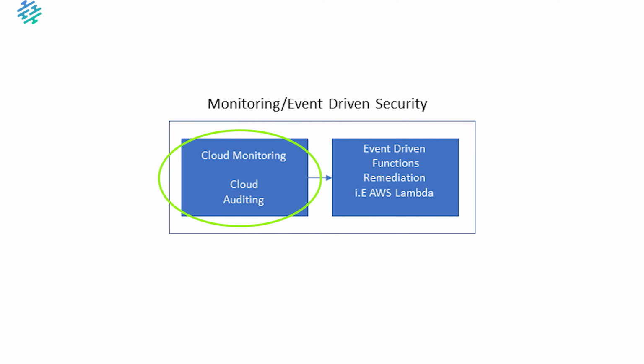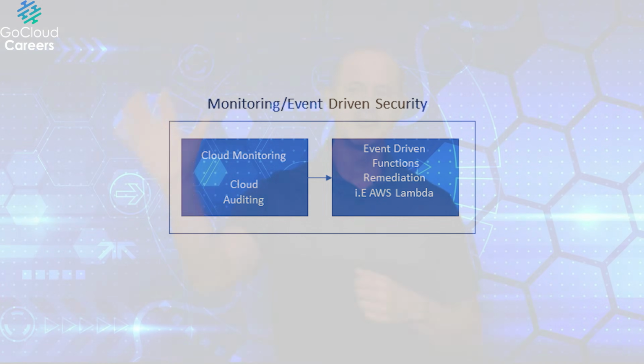I'll use AWS for the description, but it works on all cloud providers. With AWS, let's say we turn on cloud monitoring, CloudWatch, CloudTrail. We've got CloudWatch Events, EventBridge, or whatever you want. Something that we see that we don't like kicks off a Lambda function, and the Lambda function remediates it. So now, in addition to our super robust architecture, we've got some really cool monitoring and some auto remediation. So now we're into next generation security. Things are going to be self-healing.